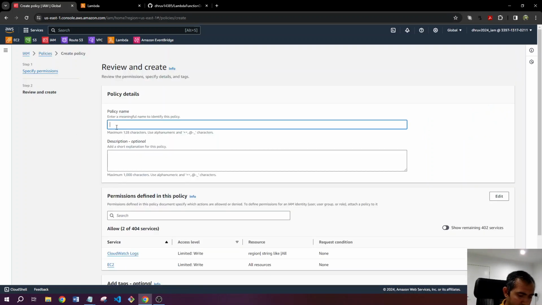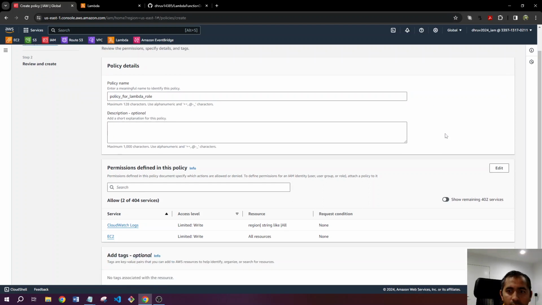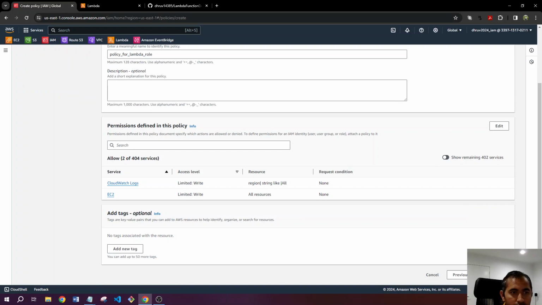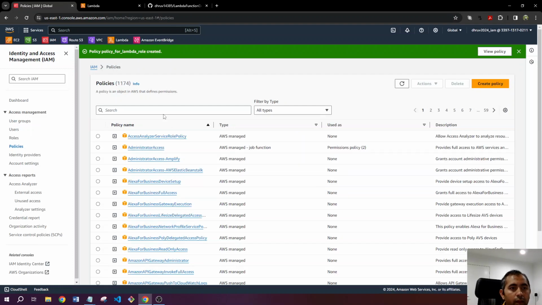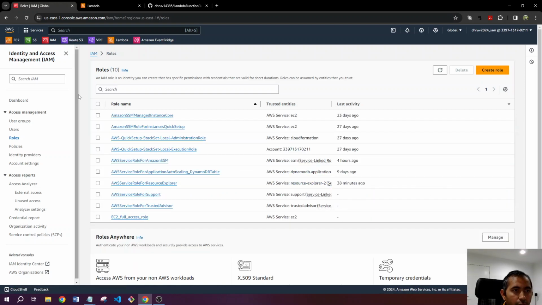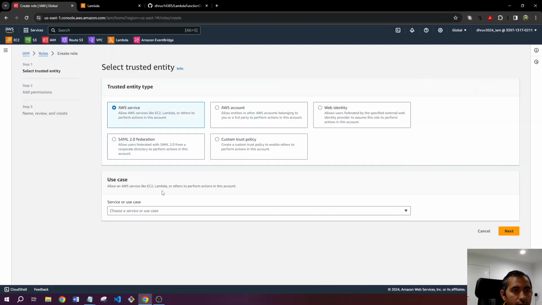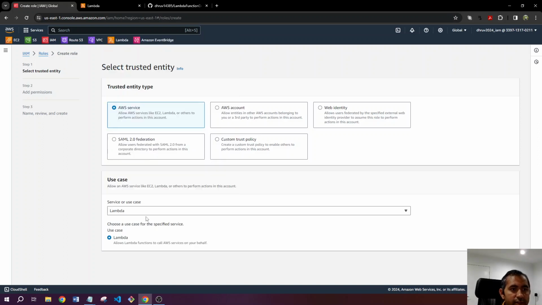We will call it something like policy for Lambda role, and create. Now we will go to roles. We will create a role, Lambda role. So create role, and then we will select AWS service, Lambda service, and then go to next,